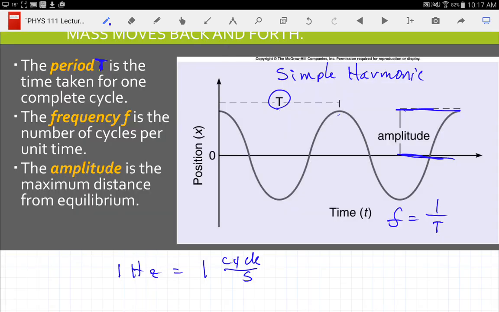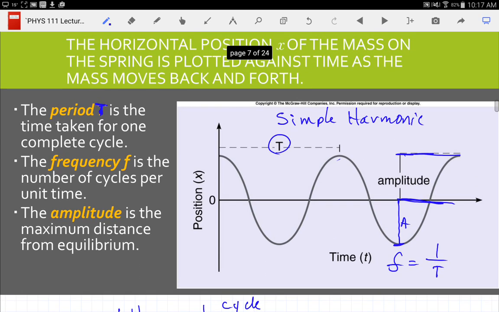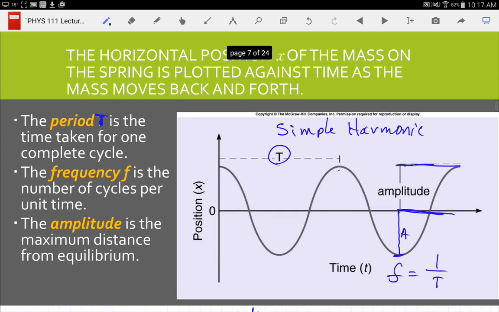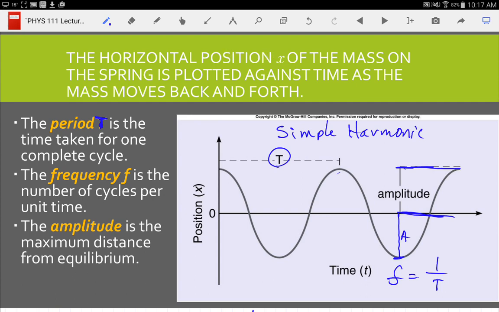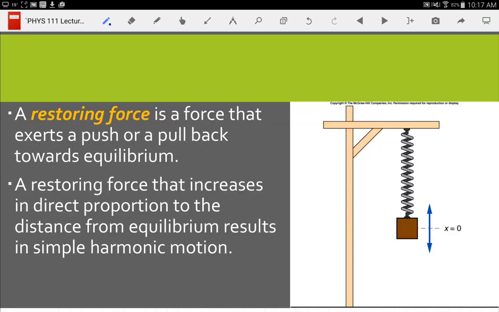So if you look at this graph, the amplitude is the same going up or down. So those are things that we're going to come back to later that are introduced here because they have to do with the spring and the energy. So I am going to leave those and start talking